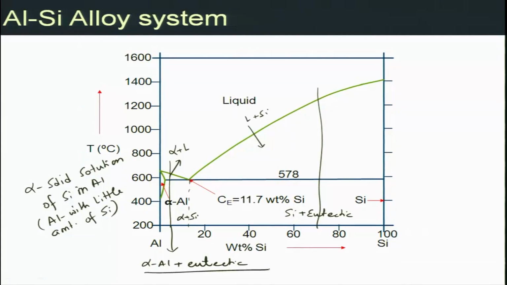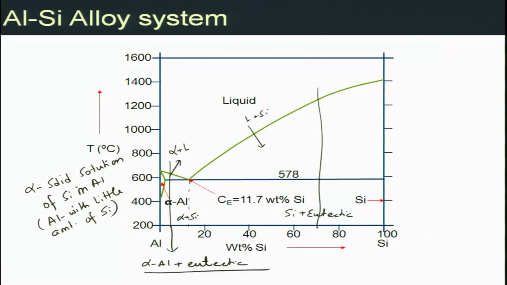So what we have done in this lecture is we have looked at how the proportions of pro-eutectic phases relate to the total phase content in the hypo or hyper-eutectic alloy. We also looked at the micrographs of two common systems, that is the isomorphous copper nickel system, as well as the aluminum silicon alloy system. Aluminum silicon is a eutectic system with very little solid solubility. Basically you have two pure phases, that is all. So it's just a mixture of pure aluminum and pure silicon with very little solid solubility within each other,